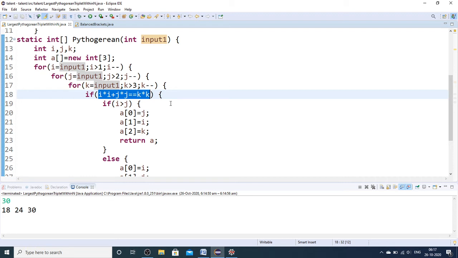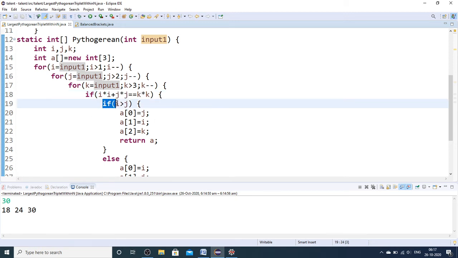And since I am running the loops in reverse direction, that is not from 0 to input minus 1, but from input minus 1 to the last, for that reason they won't be in sorted order. For that reason I am doing this condition.